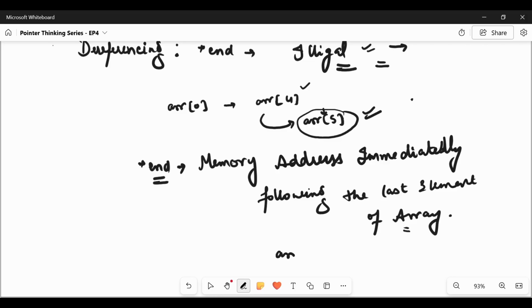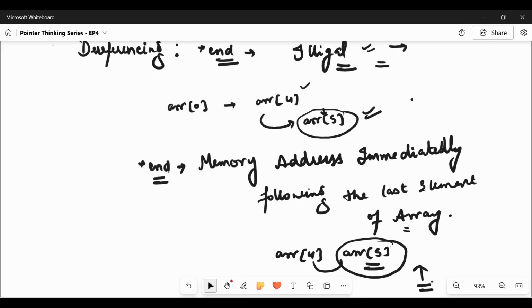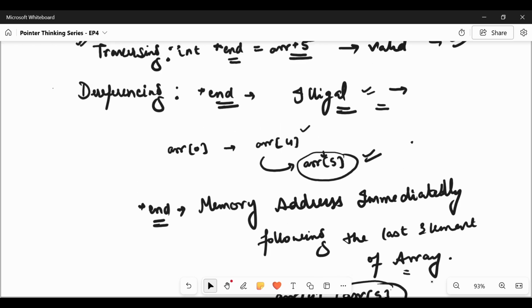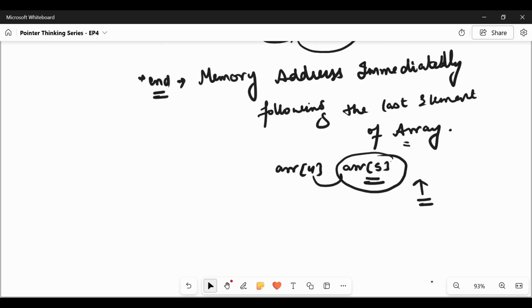The last element of the array here is a of 4, so the next element will become a of 5. When we are traversing, we can check this address. But when we try to dereference this, it is not a valid operation. So traversing is allowed and dereferencing is not. This is what one-past-the-end means.